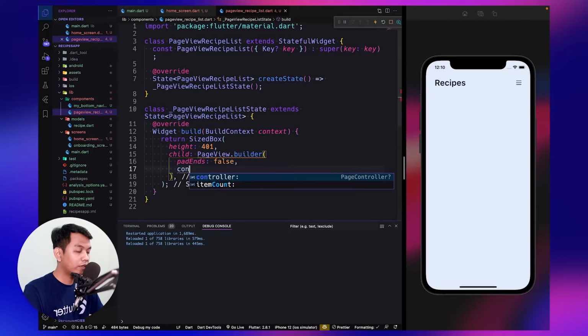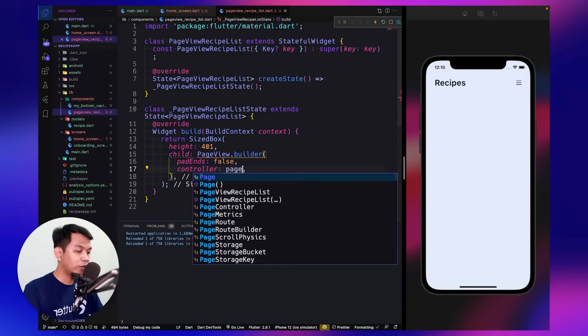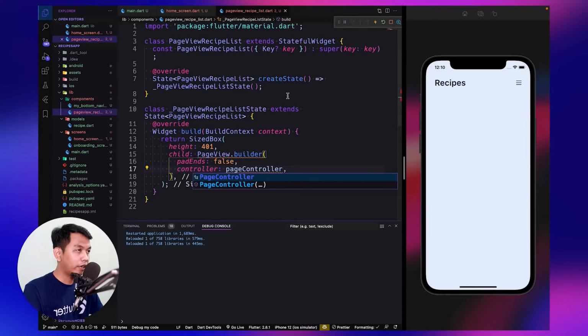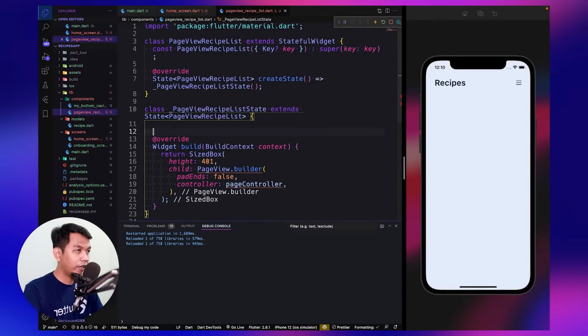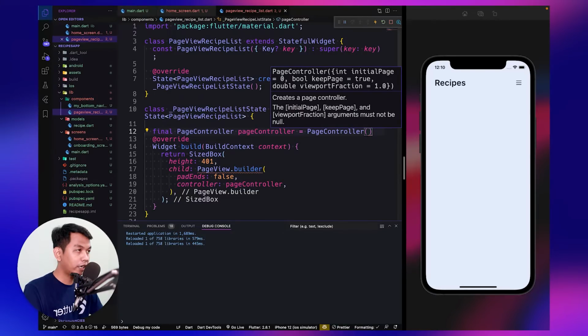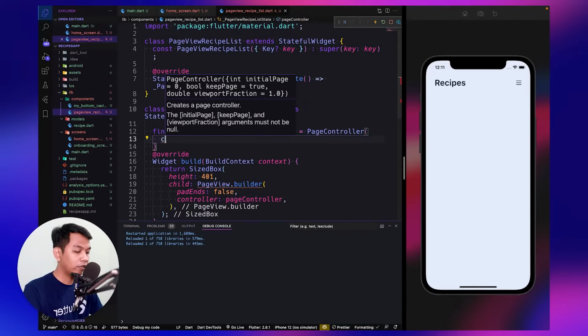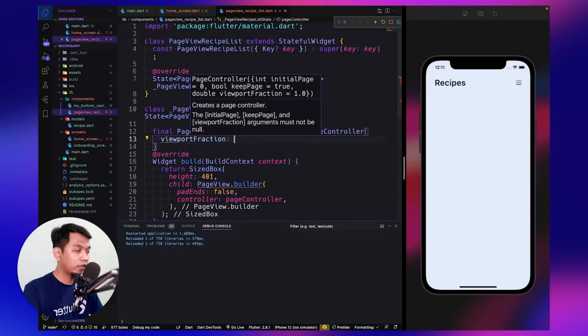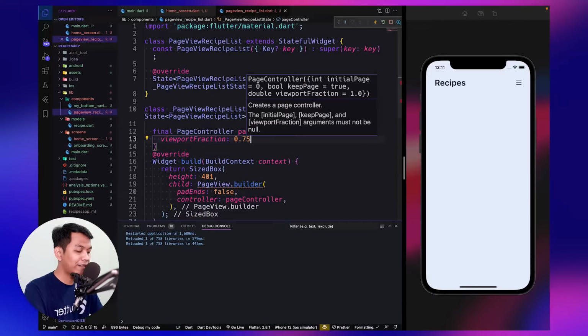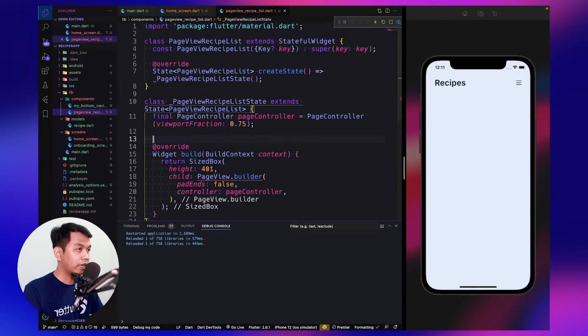And for the controller, we use a patch controller, and here we create a controller, name it as patch controller, and initialize using patch controller, and inside that we say viewport fraction 0.75, look like this.